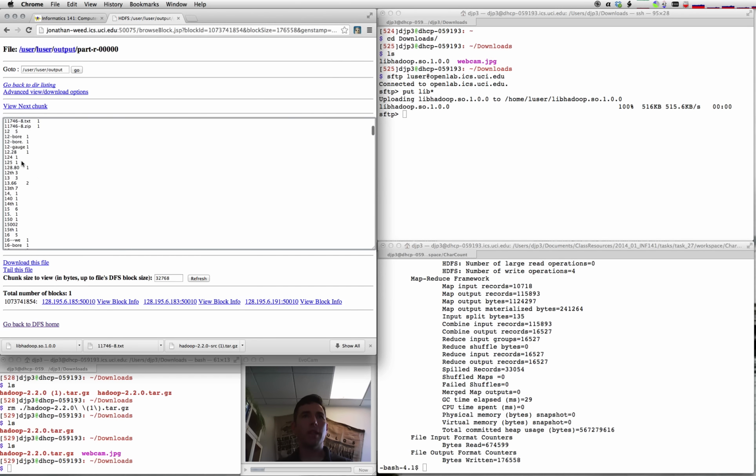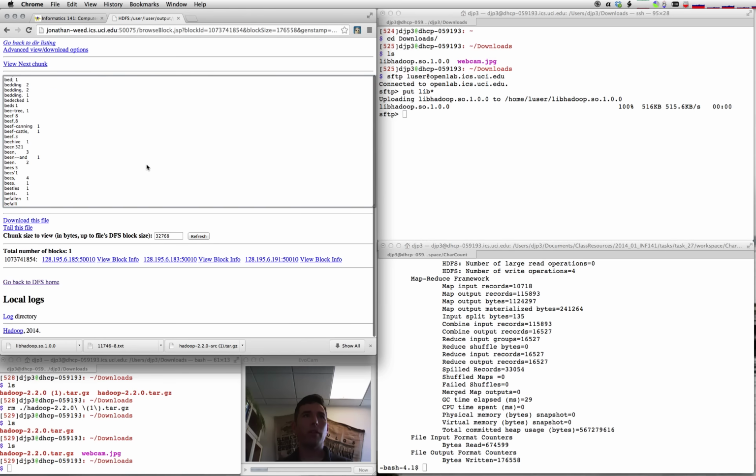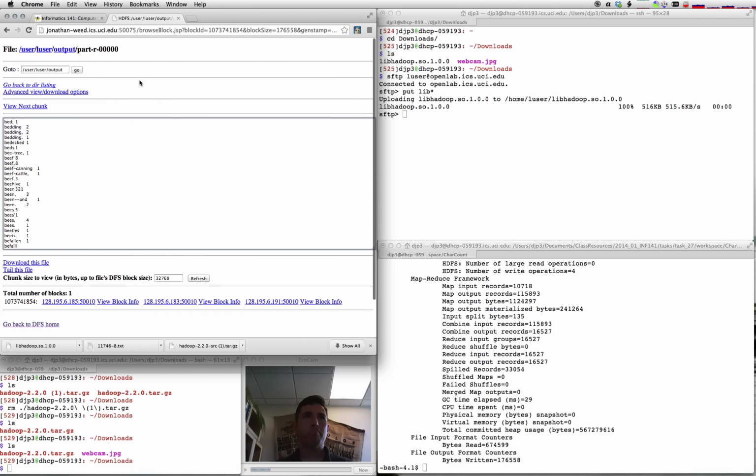So MapReduce did its magic there. Whoa. And there are all the counts for all the words that are in the input text. And you see there's a lot of chunks. It stores it in chunks in the file system. I can download this file here using the web browser, or if I come back here to my command line,